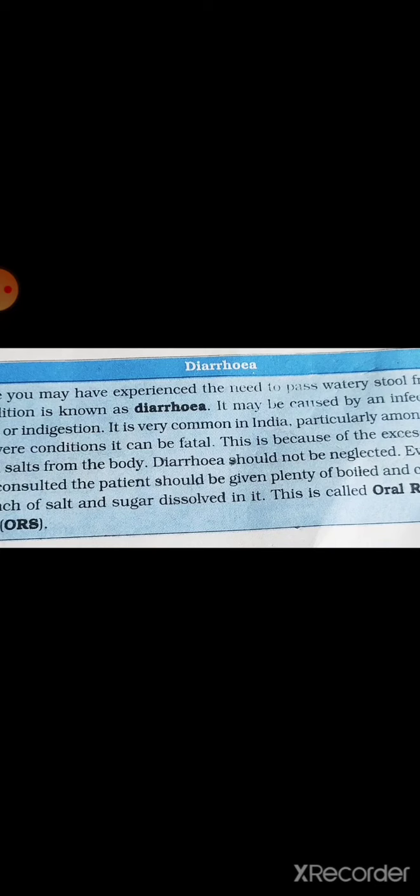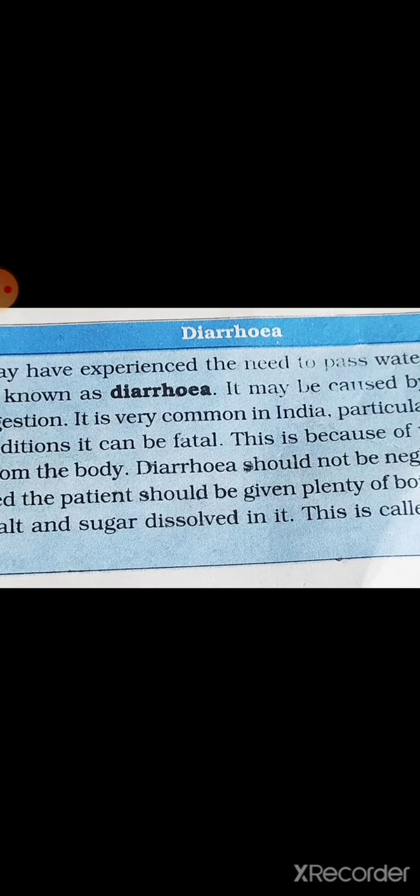This leads to the loss of water and useful salts from the body and can cause dehydration. Okay, it can be fatal under severe conditions. Means अगर situations बिगड़ जाए, ज़्यादा पास होने लग जाए वाटरी स्टूल, तो क्या होता है? इट कैन बी फेटल. जो पर्सन है वो अनकॉन्शियस हो सकता है, कभी कभी उसकी डेथ हो जाए. इट लीड्स टू डेथ, मीन्स उसकी डेथ भी हो सकती है अंडर सीवियर कंडीशंस अगर उसको क्योर नहीं किया गया. ओके, सो अंडर द सीवियर कंडीशन इट कैन बी फेटल.